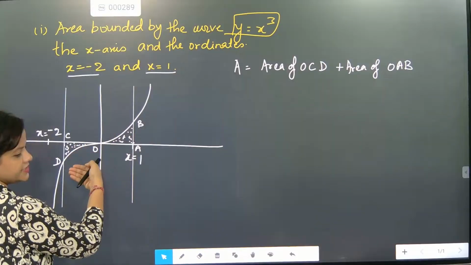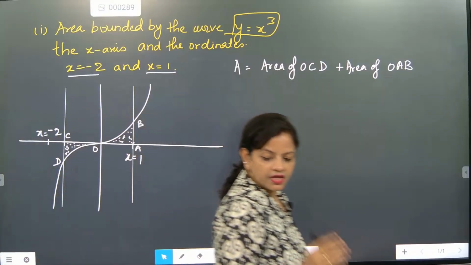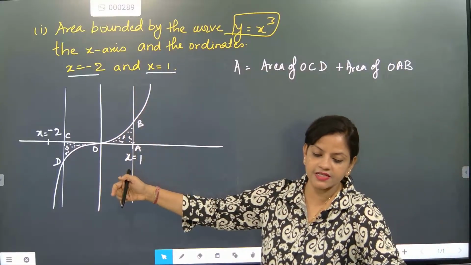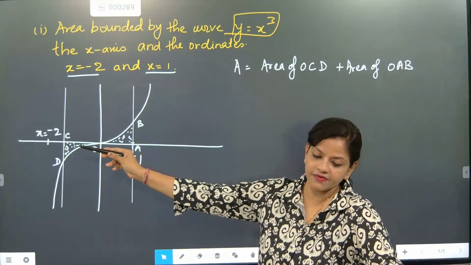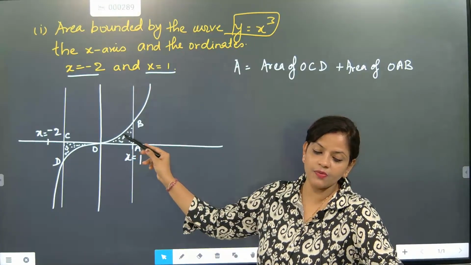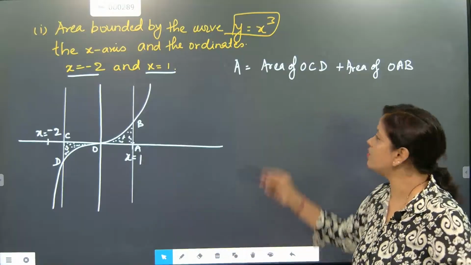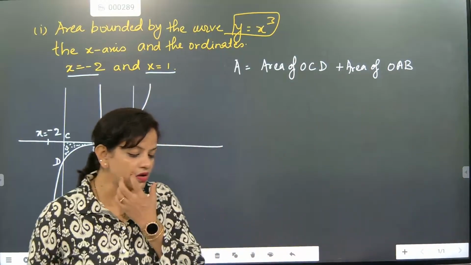This is below the x-axis and this is above the x-axis. One thing you must remember: whenever you are writing, the region below the x-axis will be considered negative, and the region above the x-axis will be considered positive. The lower area of this is equal to, so we are going to slice the region into rectangular